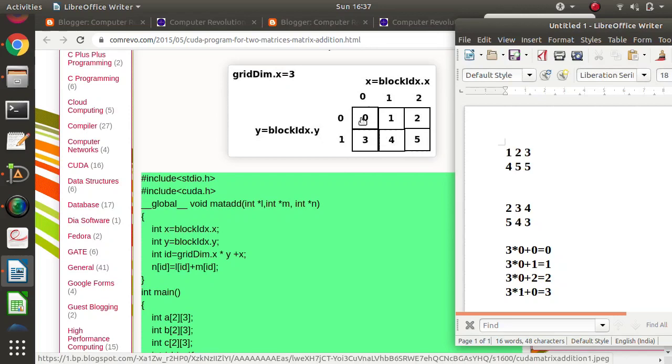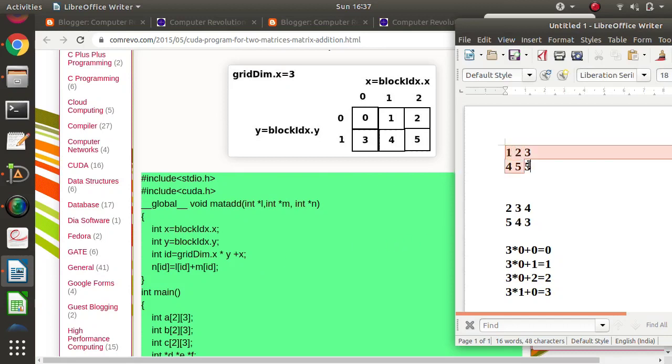So basically we are calculating these IDs, and these IDs are computed using block idx.x and block idx.y, and also griddim.x. In this way the ID will be calculated. Why do we require all those IDs? Because logically, though these matrices look two-dimensional, in memory they are saved linearly.